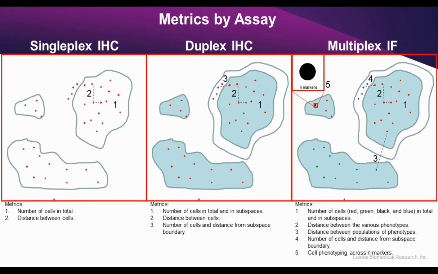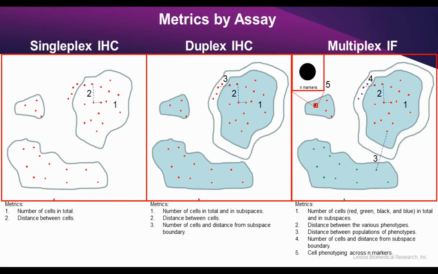Multiplex IF allows us to do all of the prior, but now adding the multi-marker cell phenotyping and the spatial relationships between those cells and one or more phenotyping markers. In the end, all these assays have their place in the molecular pathology lab. It comes down to a question of balancing the analytical need to the lab's infrastructure and support, samples, throughput, and